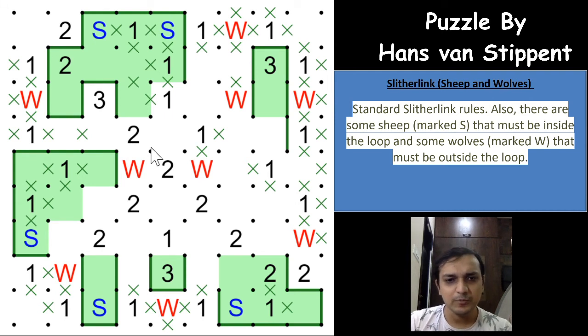Now if you see, an excellent logic here is, if I connect these two cells, the 2 has only one possible way. It goes up and closes the loop, right? Which means that we cannot connect these two cells. It has to go up, and now it gets connected. It has to go up, and we cannot connect these two cells, right? So they both have to go away from each other.